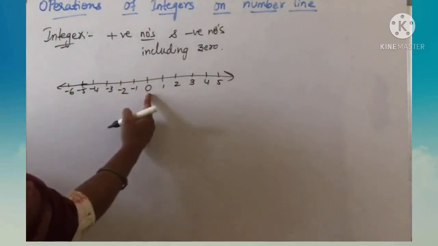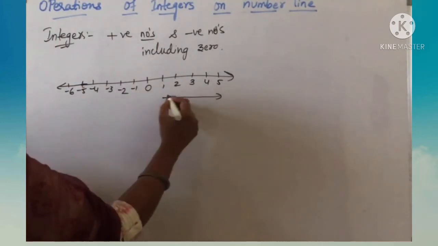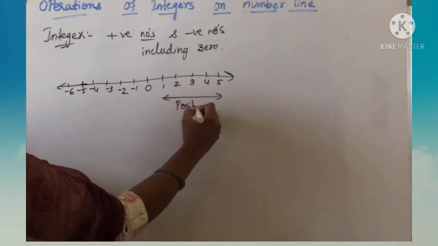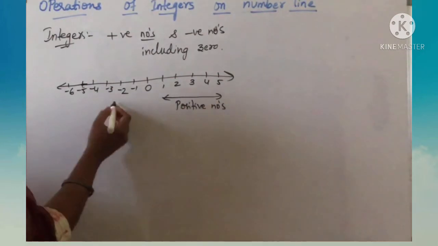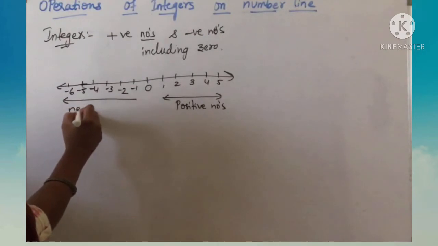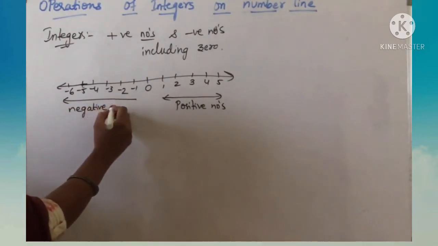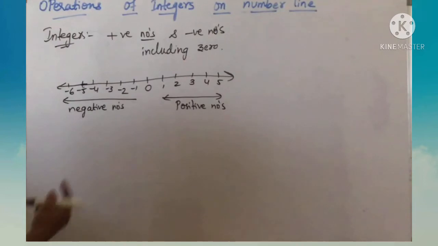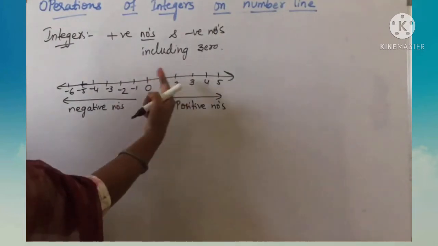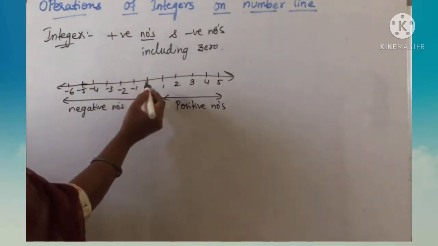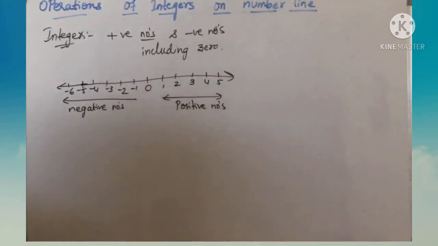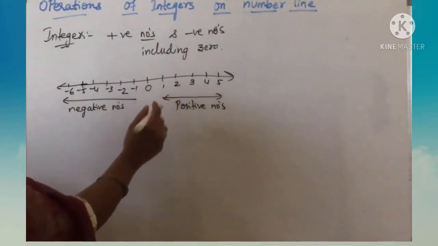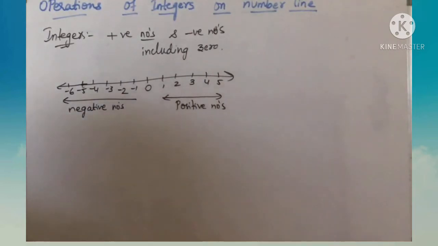If you observe, 0 is in the middle and the right side of 0 all positive numbers, right? And the left side of 0 are all negative numbers. And you people know that 0 is greater than all negative numbers and 0 is less than all positive numbers, and on the number line the greater number will lie on the right side of a smaller number, right? Now whether it is addition or subtraction of two integers, begin with the first number, that is